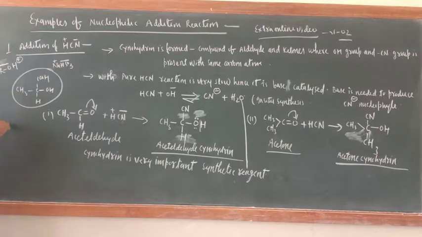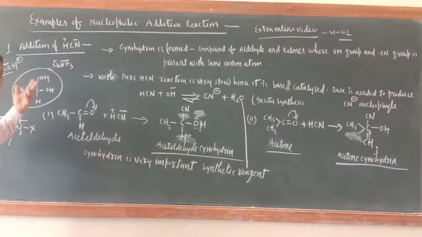Grignard reagent, RMgX. This part is positive, this part is negative because this bond is polar, and breaking takes place from here. So R is the negative part, Mg is the positive part, so R is nucleophile. Here in alcohol, RO is nucleophile. Like that, ammonia derivatives are also there. So you should remember this one.